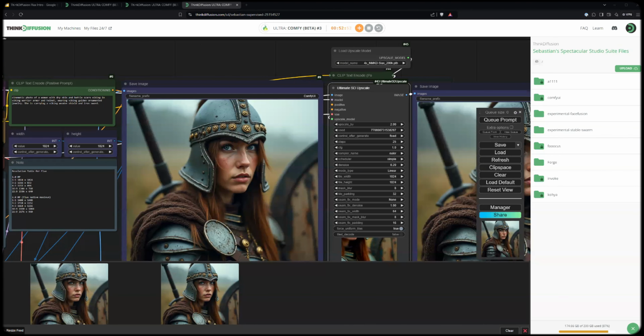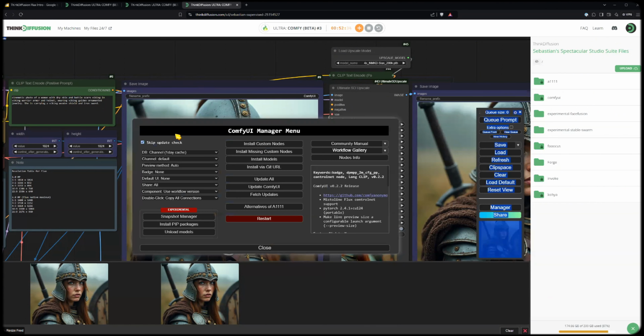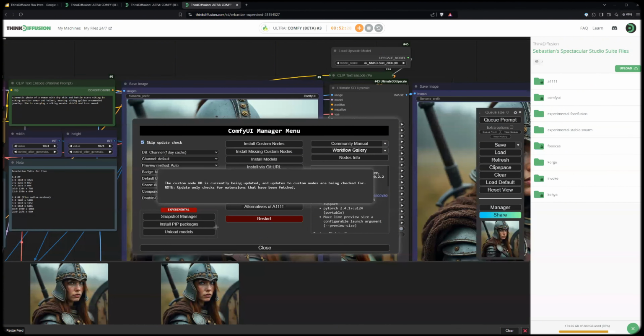If you're dropping in a brand new workflow, maybe something you've downloaded from the internet or a friend has sent, a lot of nodes will be red. You would have to go into your manager, install missing, and any missing custom nodes will be in a list here. Now we don't have any missing, but you get the point.